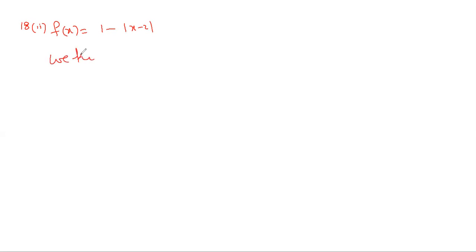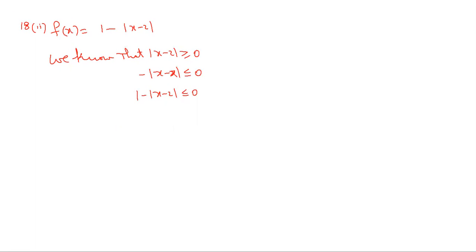We know that mod x minus 2 is greater than or equal to 0. We multiply with minus. Why we multiply with minus? Because we are in need of 1 minus mod x minus 2. We started from one expression. To reach that 1 minus mod x minus 2, you should multiply with minus first and then add 1 next. So when you multiply with minus, minus mod x minus 2 is less than or equal to 0.